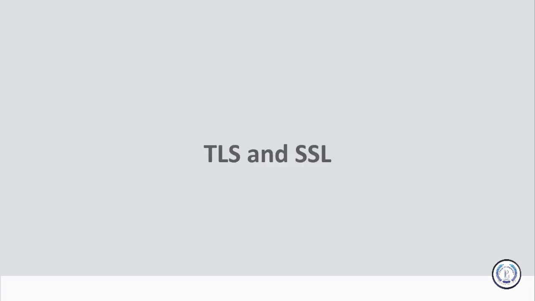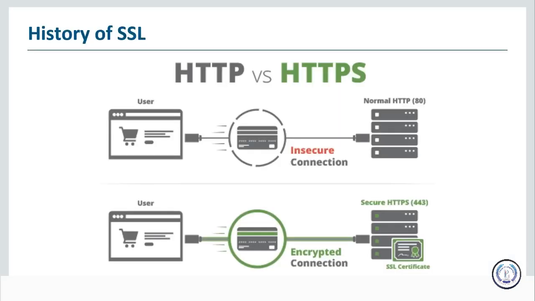Let's move on now. In this part of the video, we're going to go over SSL and TLS. SSL and TLS are ways of doing encryption, and they were developed in order to do encryption between websites, web servers, and clients or browsers. SSL was originally developed by a company called Netscape, and if you don't remember, Netscape eventually spun off their source code and became the Mozilla Project, where we get Firefox from.